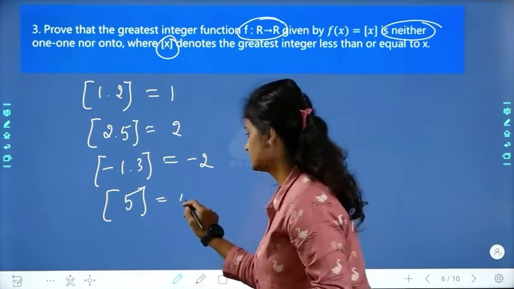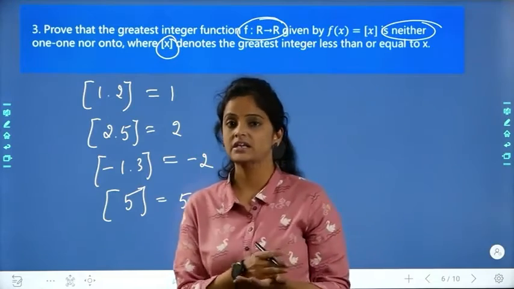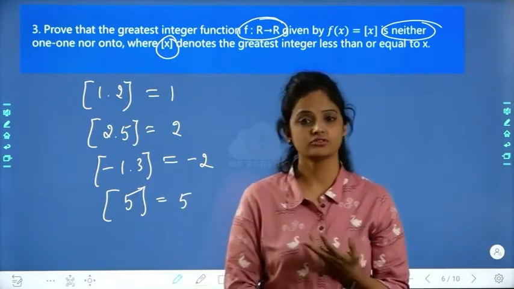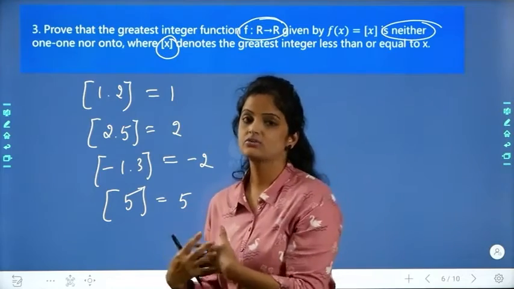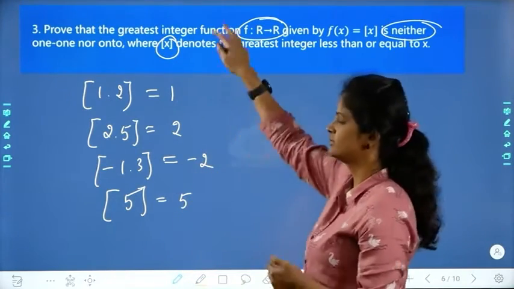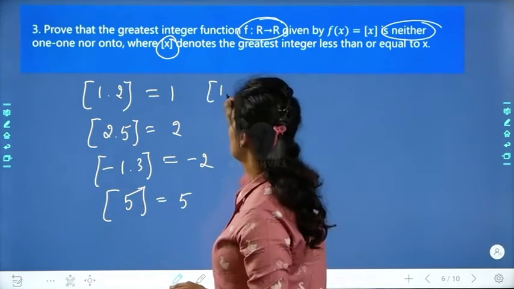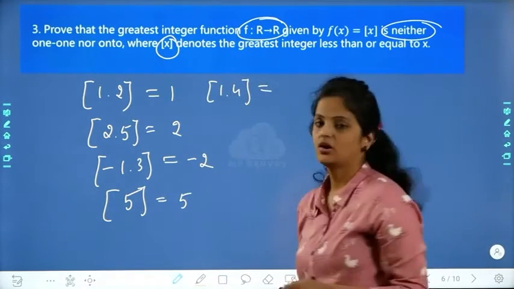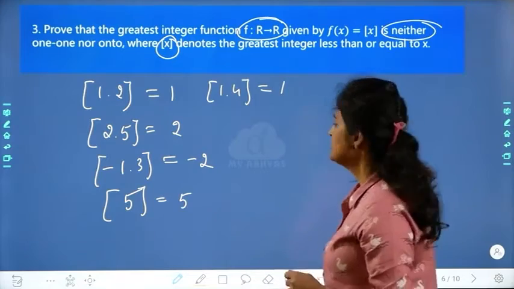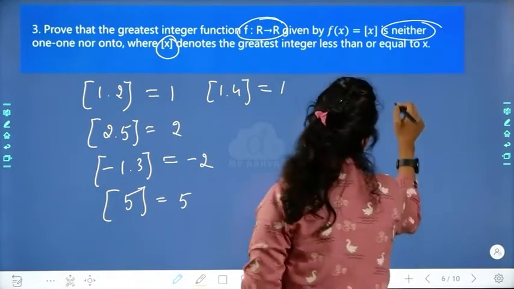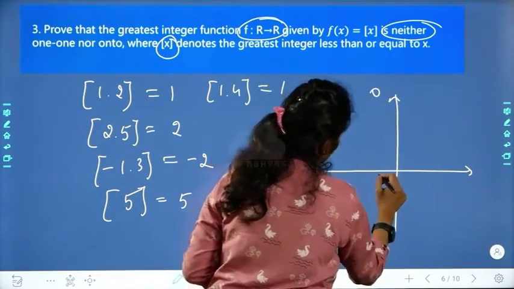Integer only I have to take. This one is clear because we have already studied this in detail. The domain, range and graph also we studied in class 11th. I am just brushing up, giving you a few examples so that it will be clear for you. Right? If I give you 1.4, what is the greatest integer? 1. That means for all the values which are coming, if I take the graph of this